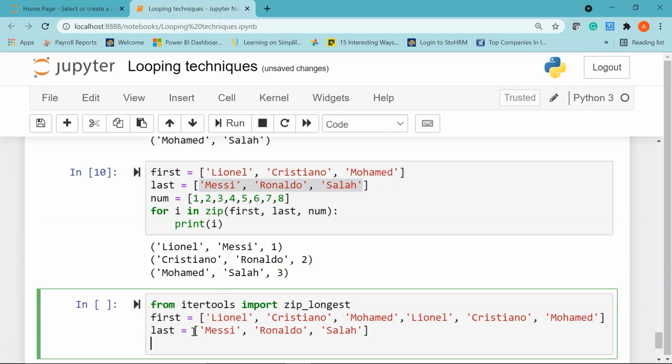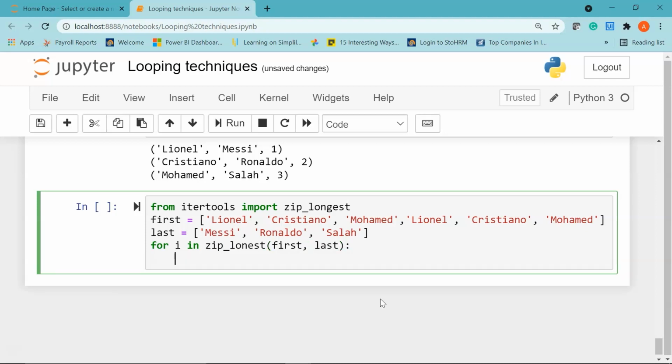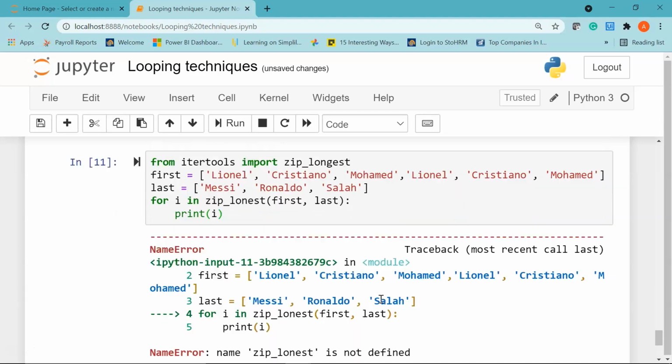Now I'll say for i in zip_longest, within brackets I'll say first, last. We're going to print i. Let me run it and show you the result.